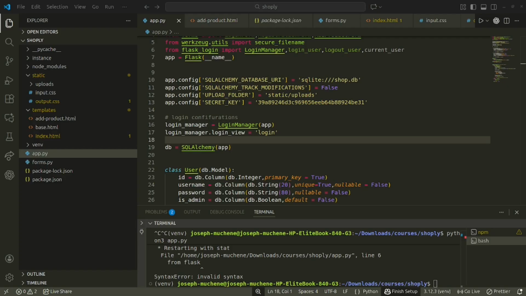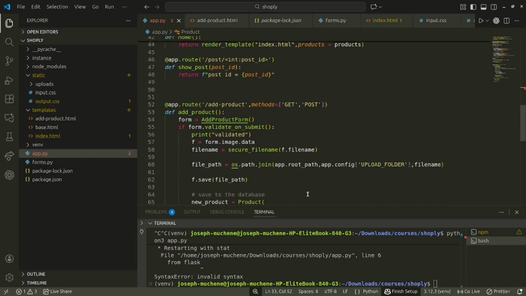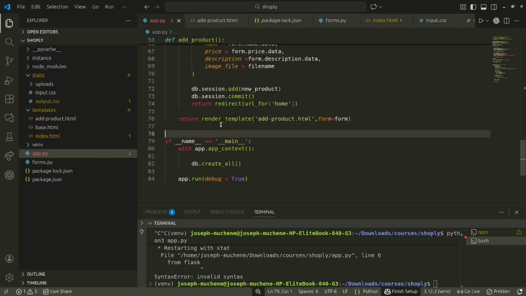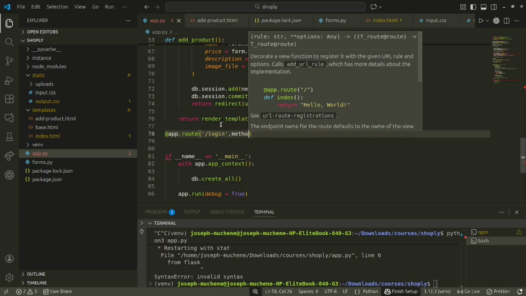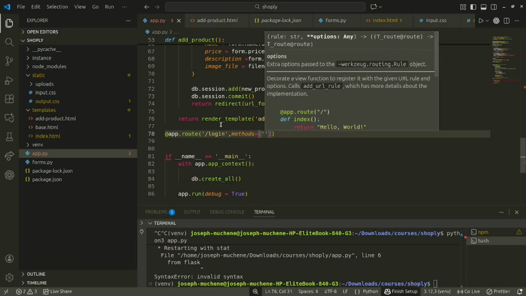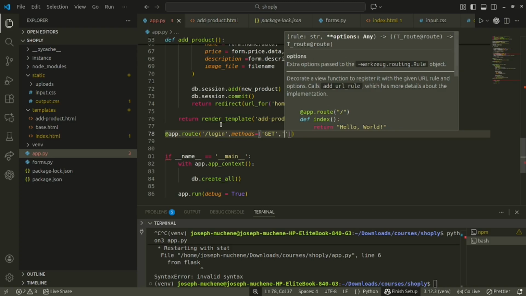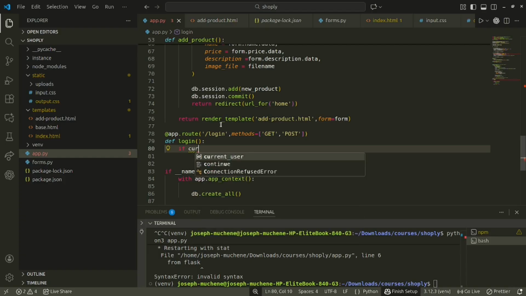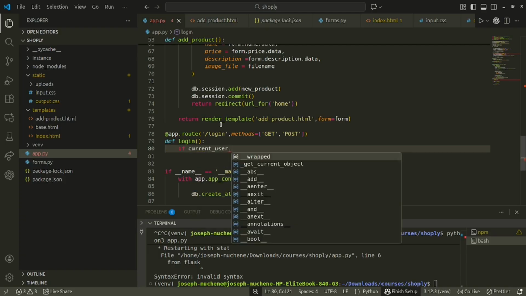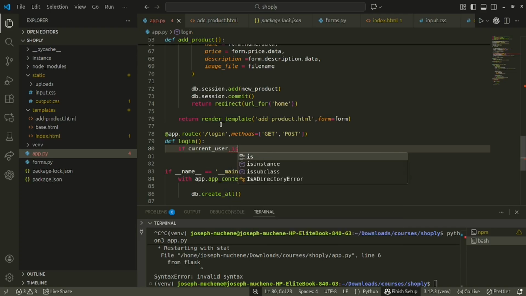Okay, so now let's start building the login routes. So here I'll have that route, so I'll say app.route /login, and then we'll pass in the methods, the GET method and the POST method. Okay, then we'll create that function def login, then we'll say if current_user.is_authenticated,